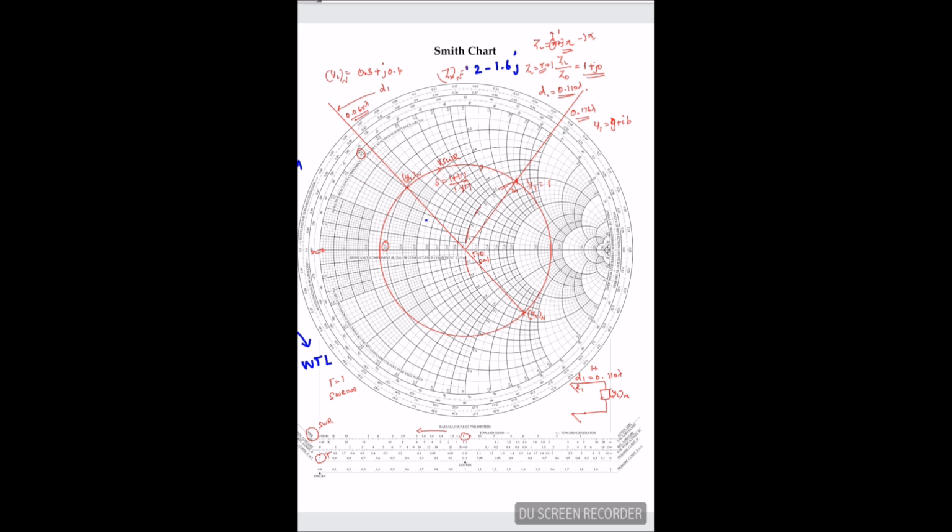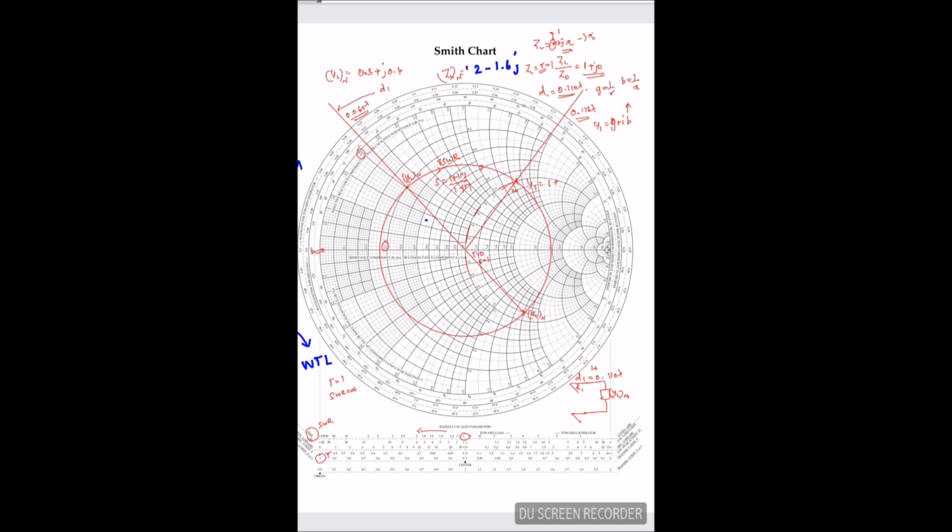This is the conductance and this is the susceptance. B is nothing but 1 by X and G is nothing but 1 by R. So here the conductance is 1, because R equals 1, and 1 by 1 is again 1, and this point is my